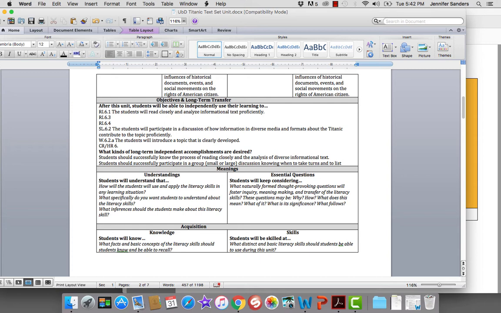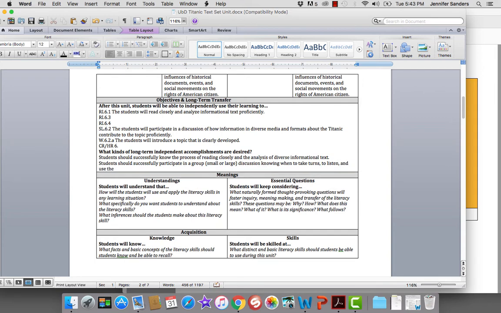Okay? Now, notice when I'm writing this, I really haven't focused on my standard. Yes, I know they need to take turns and listen, but I also want them to take turns, knowing when to take turns, to listen,